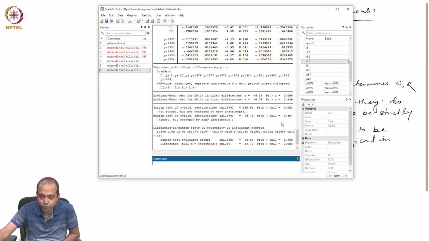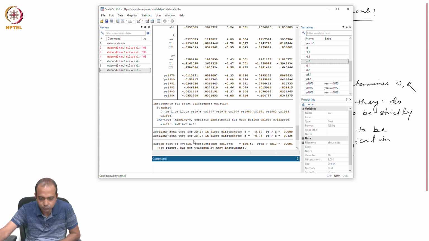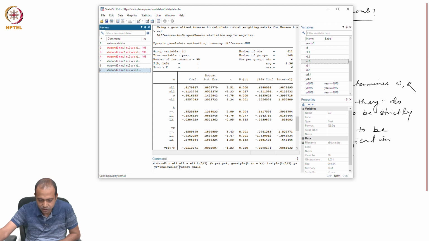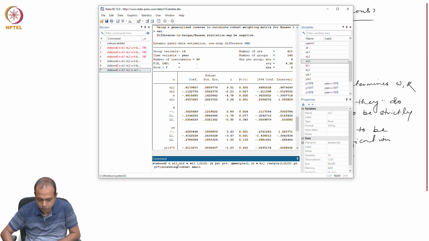Okay, this is what we have understood. Just by doing the specification properly, we have gained a lot. What will happen if we do system GMM? System GMM means in this I will remove and I will estimate